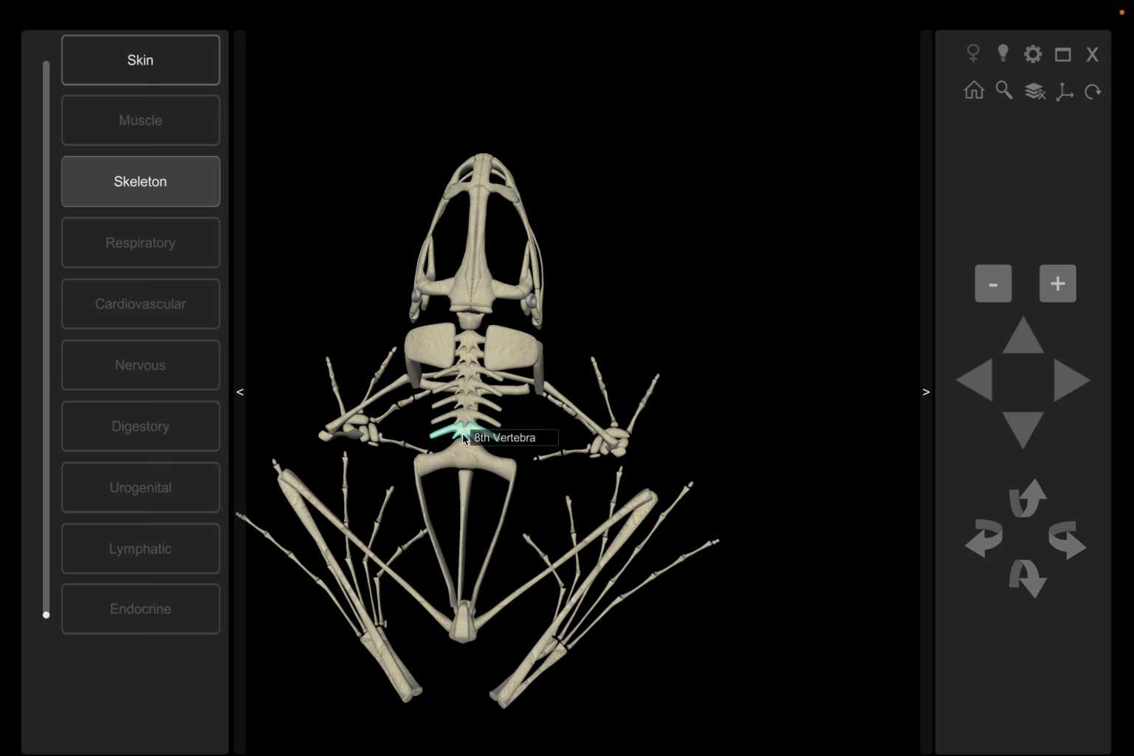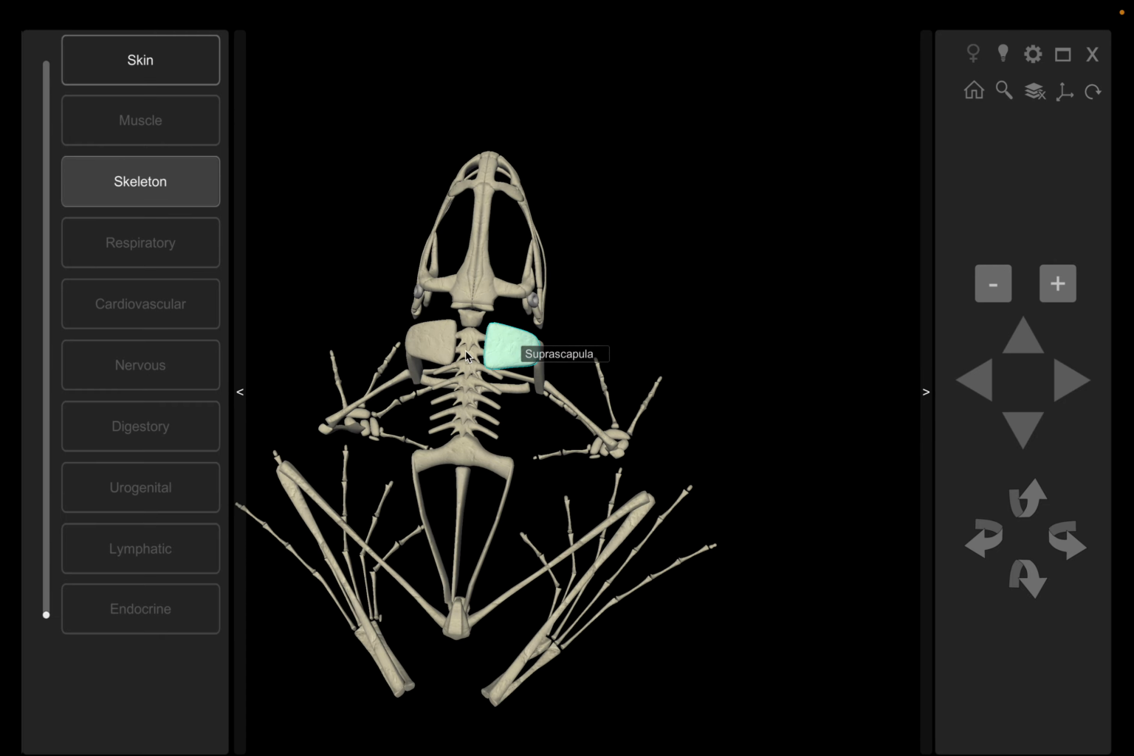Then the sacrum, okay, it's a specialized vertebra, the ninth one, and then the urostyle, which is the 10th and terminal vertebra. And what you can see here, the urostyle, it's slender, and it articulates anteriorly with the sacral